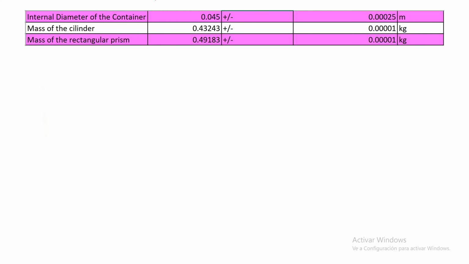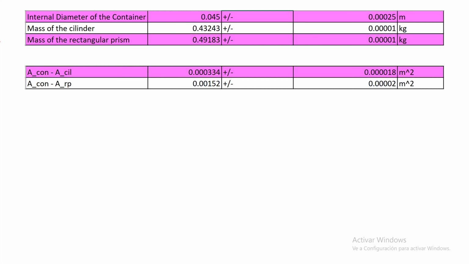Here we have first the diameter of the container as well as the cylinder and rectangular prism, with the masses. These are the masses, as well as the diameters we calculated previously. We calculate the areas of both the objects, in this case the cylinder and the prism, as well as the container,